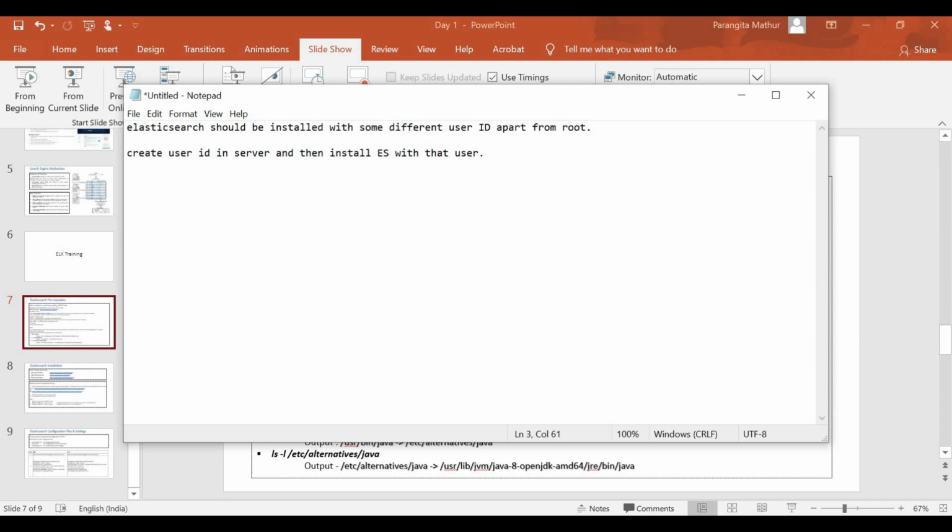So this is a very important point that has to be taken into consideration. Elasticsearch should not be installed with root user. Elasticsearch services will not get initiated if you run it with root user. So that's the first important thing that has to be taken into consideration.